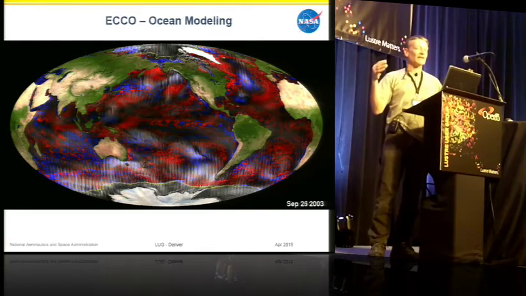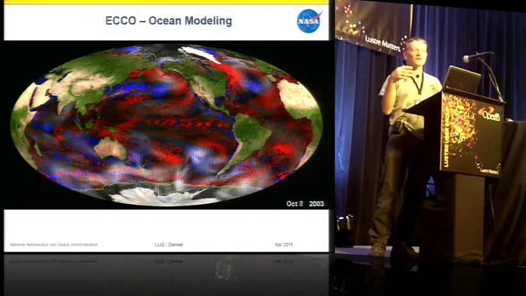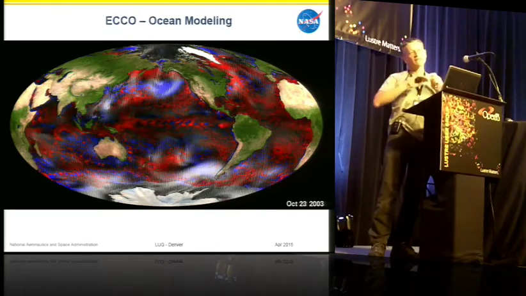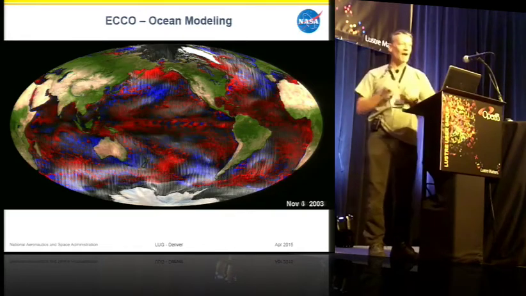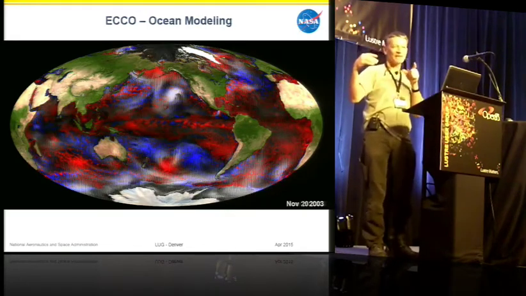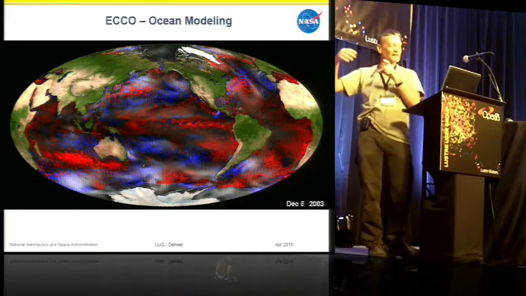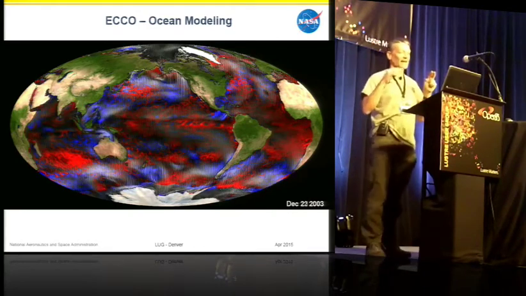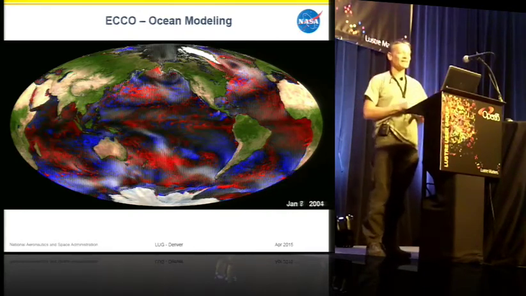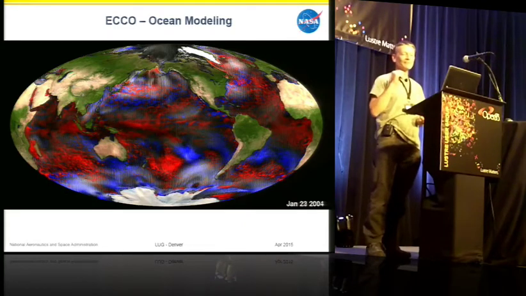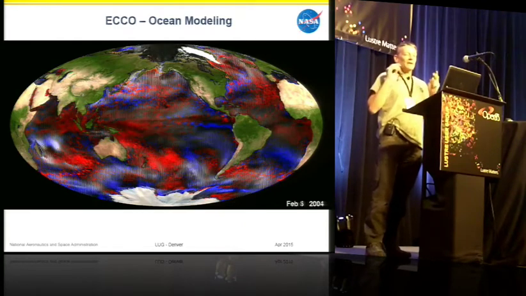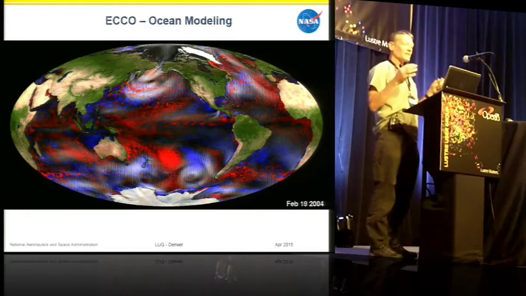There's observational data that goes into this, which forces the model, and then you forward step the model to make your approximation, then you correct it with observational data and move it on to try to understand what the ocean actually looks like. And so in order to even refine this further,